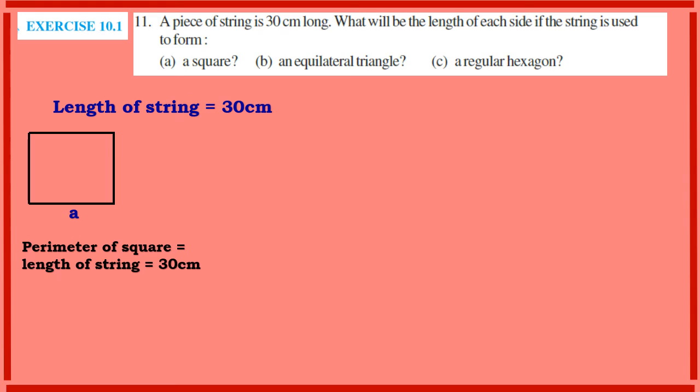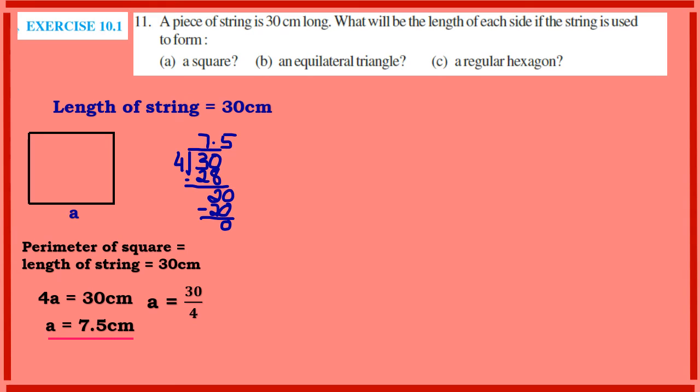So that is 30 centimeter. So the perimeter of the square is 30 centimeter. So what will be the side? That is 4 into side is 30 centimeter, equal to 30 by 4. You can divide it. So when you divide, you will get 7.5. So the side of the square is 7.5. When you bend a string of length 30 centimeter to form a square, each side will be of length 7.5